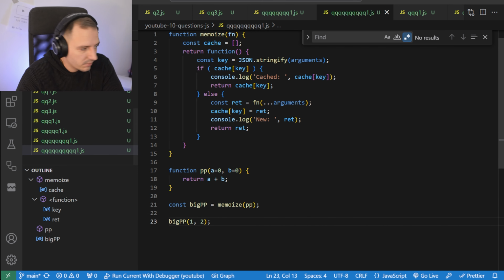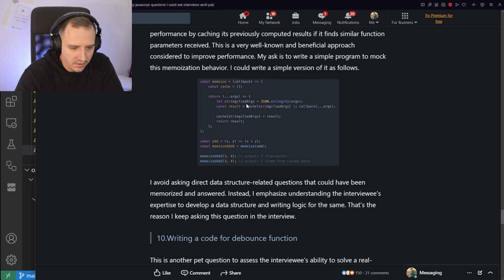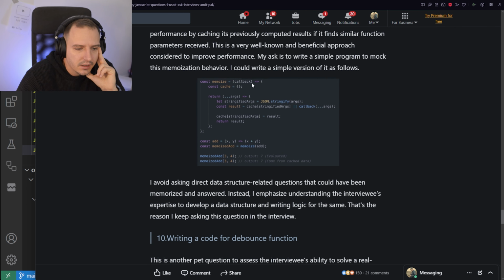It's very simple. Let's see what his solution was. I'm very curious. Memoization. Okay, so he made it as an arrow function. He makes a cache. Maybe using an object is a better way. The result is either from the cache or a callback.